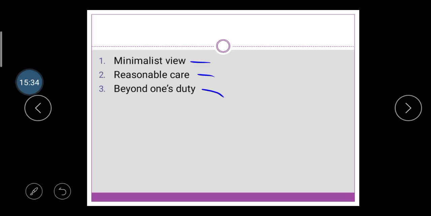So there are three responsibilities, or we can say three views, considered by an engineer whenever they are working in an organization. The first one is the minimalist view. It means that in this type of view, engineers are considered as engineers working in the organization,